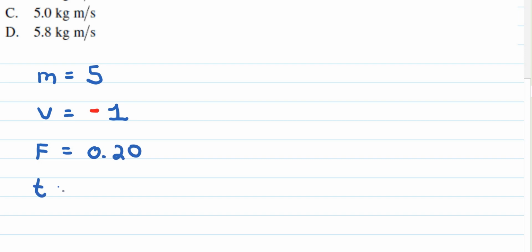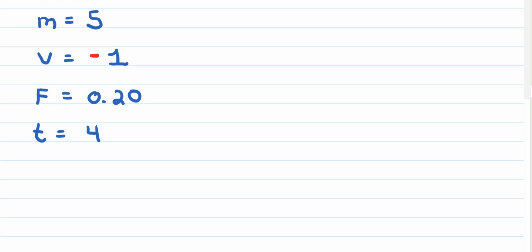And the time that we have for this particular problem is 4 seconds. And we want to find what the final momentum is. So we want to find PF, which is the final momentum. Okay. Given that information, now let's go ahead and write out the equation for impulse here,